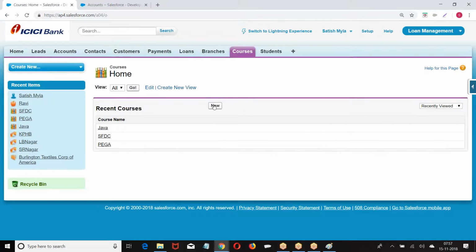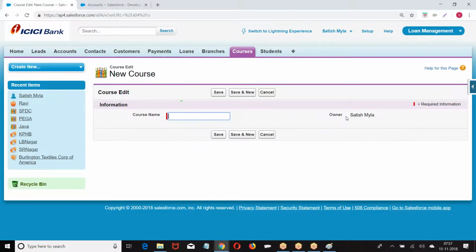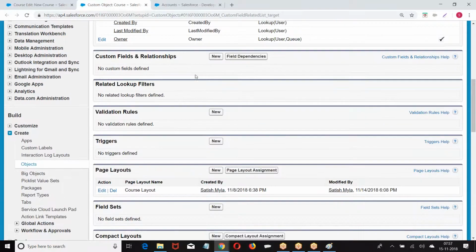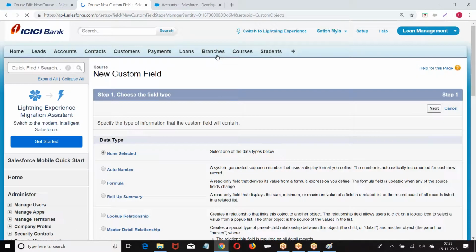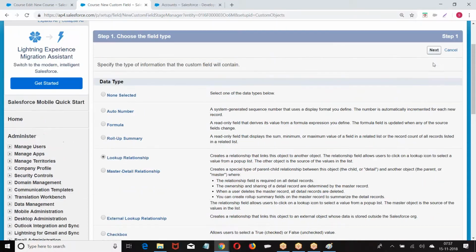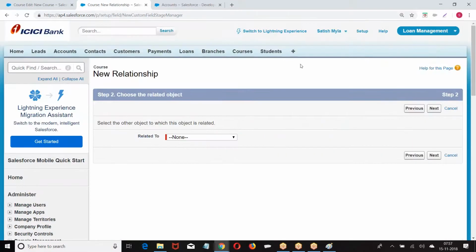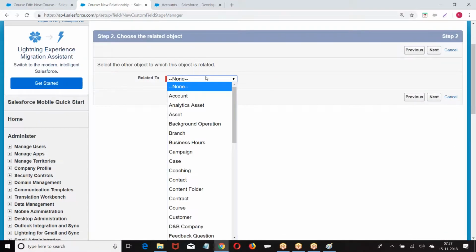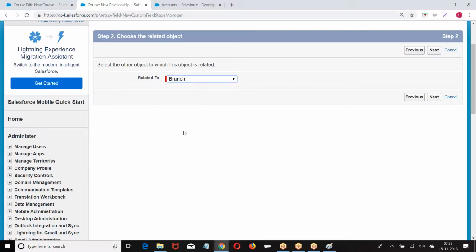Course object. Already it has an owner here. Then I am creating a custom field, lookup relation. Next.